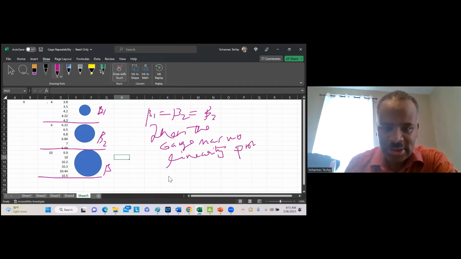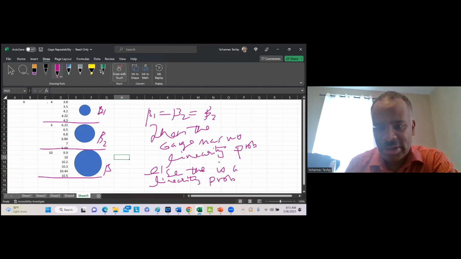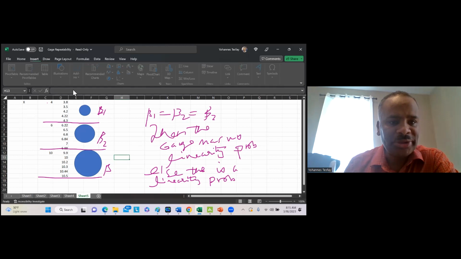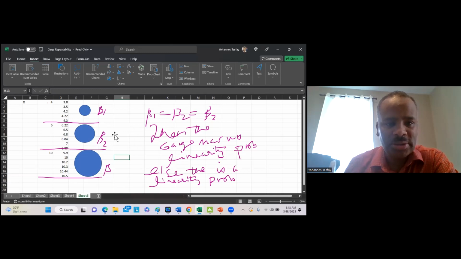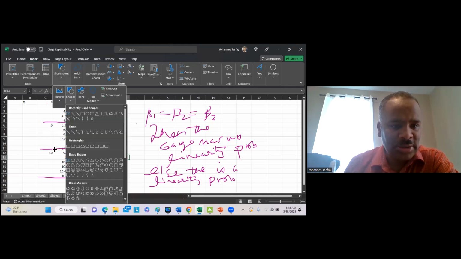Else, there is a linearity problem. There is a linearity problem. Okay, you're going to think of it that way. So now let me put this just like that. Let me put a circle, okay. So this is 4, okay, this is 6,